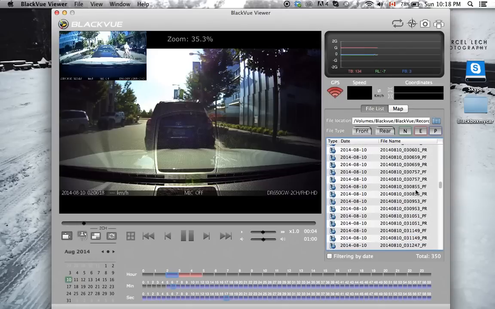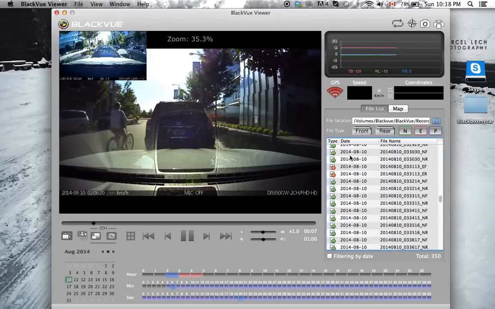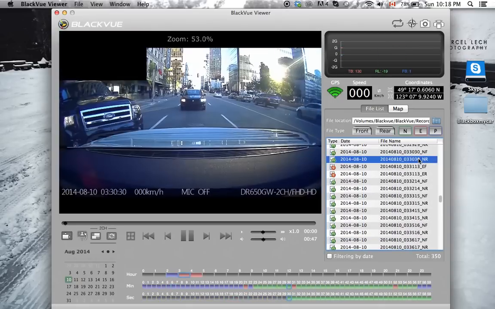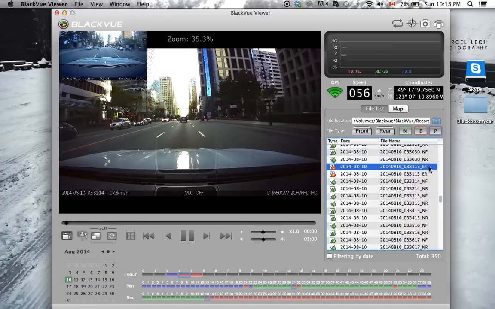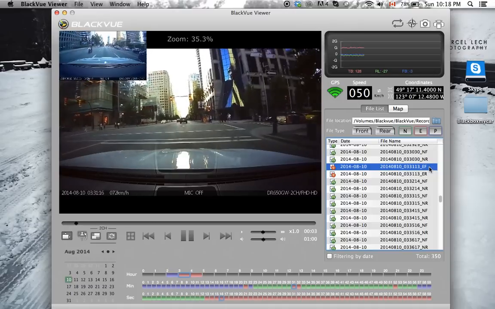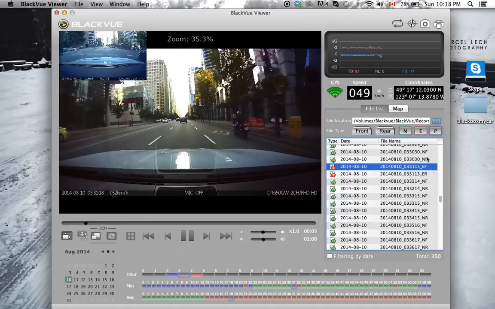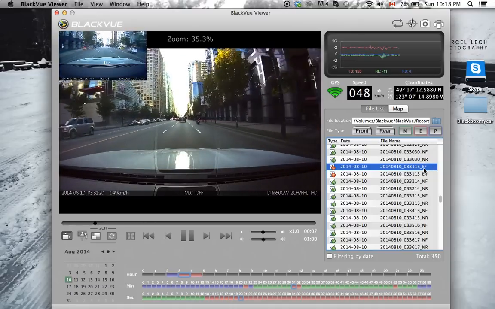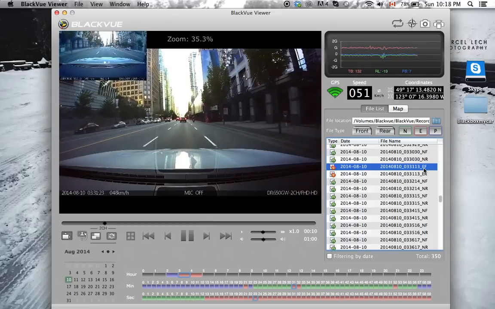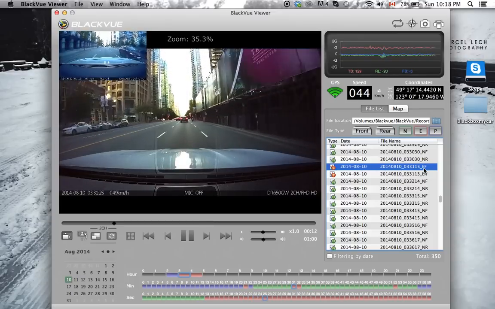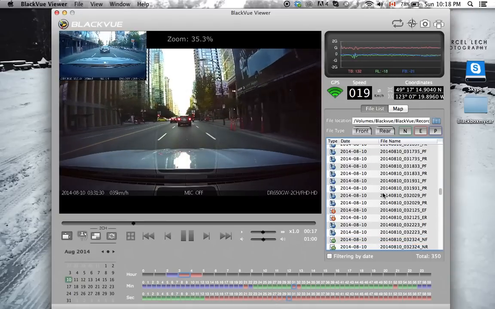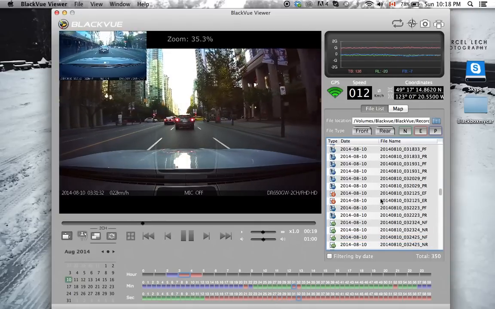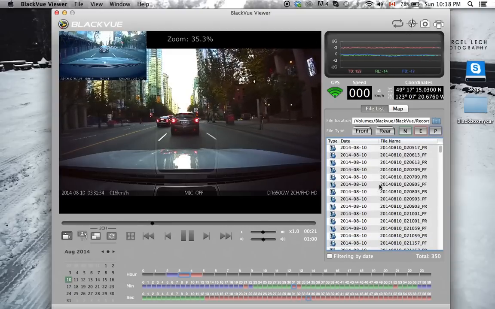So the same idea here. Normal mode, rear video, as you can see, this guy right here. Event mode, front video, and I don't know why this actually triggered event mode, because there wasn't any shock, but any pothole event can trigger this device. So as you can see, parking mode, event, and normal mode, they're all mixed up, and sometimes it's confusing